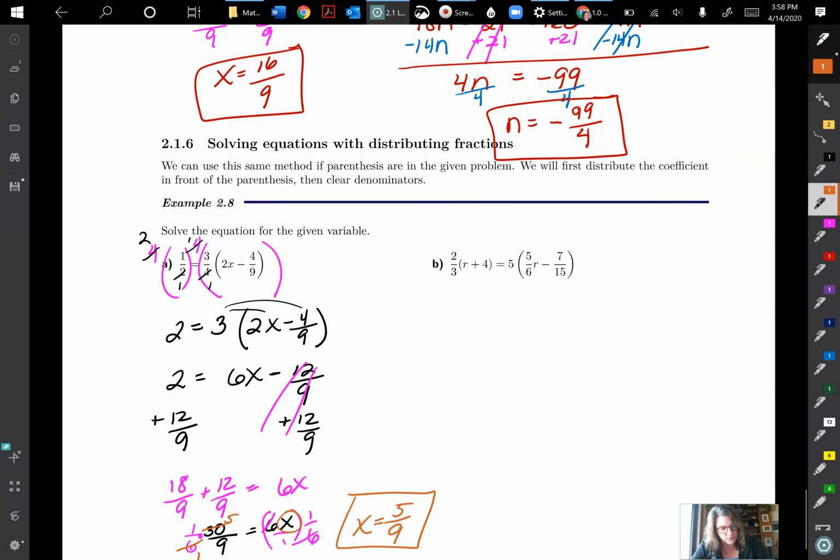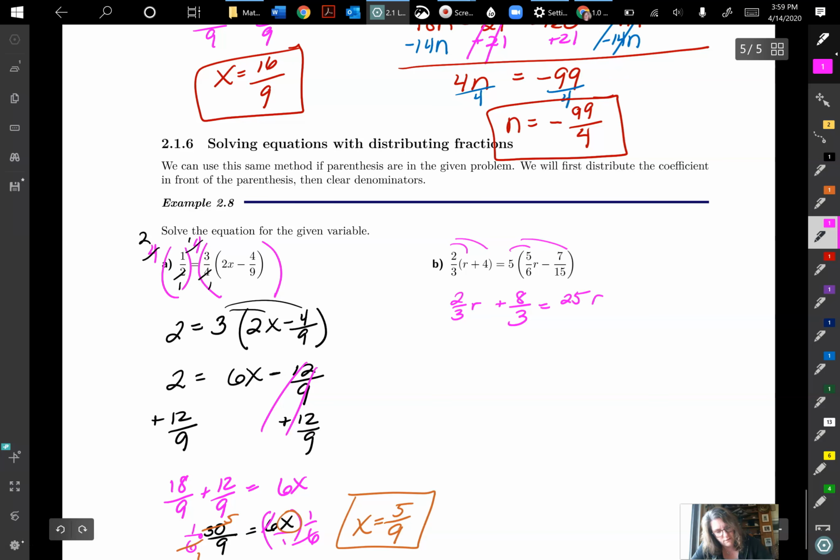So this one for part B is the last one. You can try it on your own or do it with me, but I would suggest just go ahead and distribute first, and then we'll be sure we get rid of all the denominators, not just some of them. So for this one here, we have 2/3 r plus 8/3 equals 25 r/6